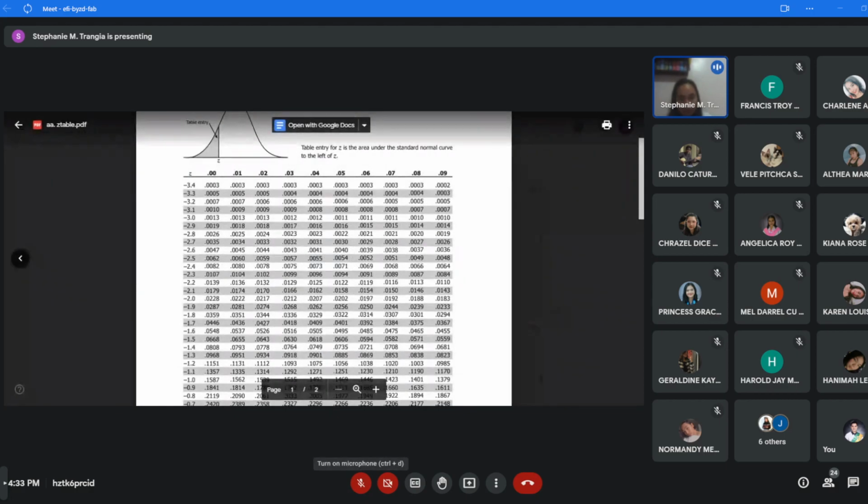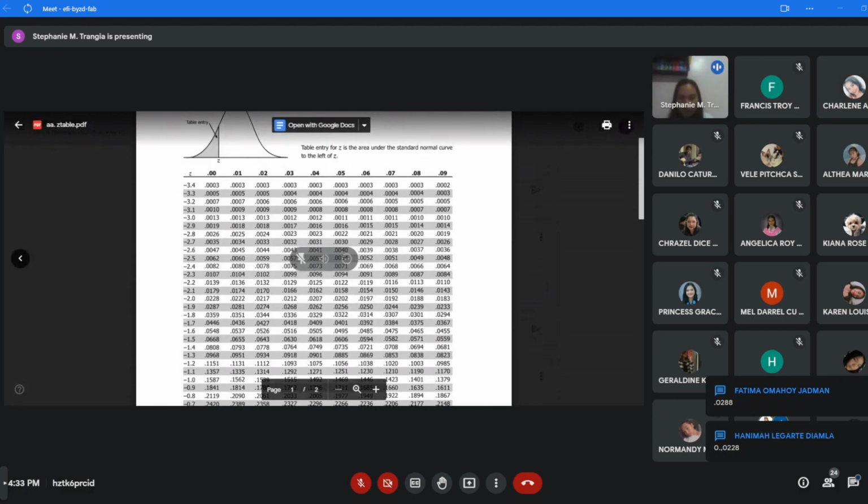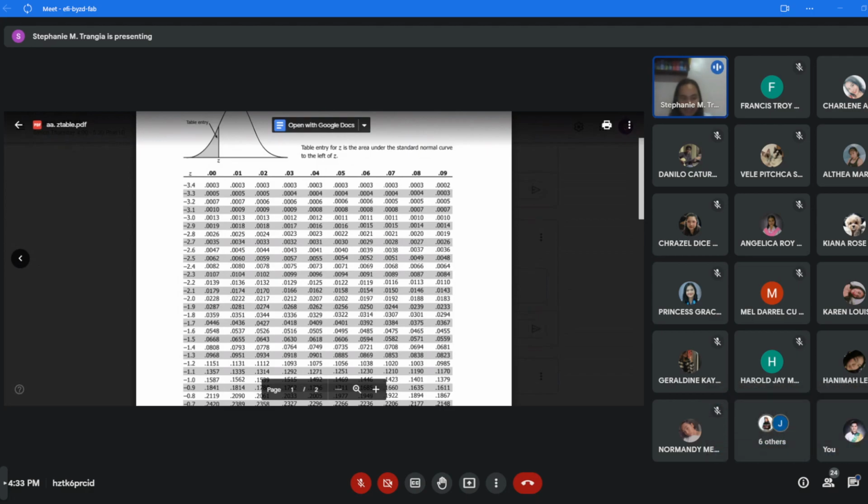What is the value, class? Then, the one above is 0.00 only. Then, its cross tabulation. Okay, that's 0.0. 0228, ma'am. Okay, 0.0228. So that's negative 2.0. Okay, 0.0228. Very good. So, basically, the area to the left of probability of x lesser than 8 is approximately